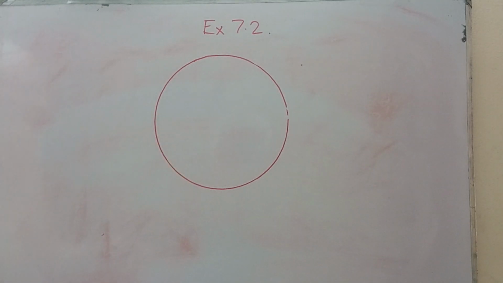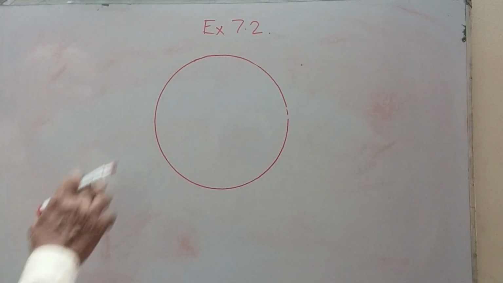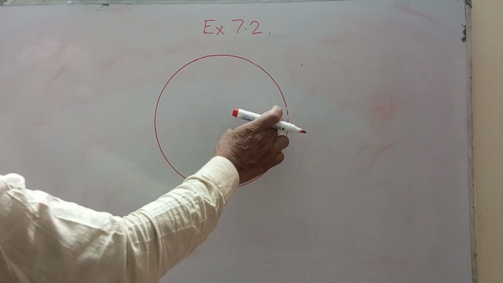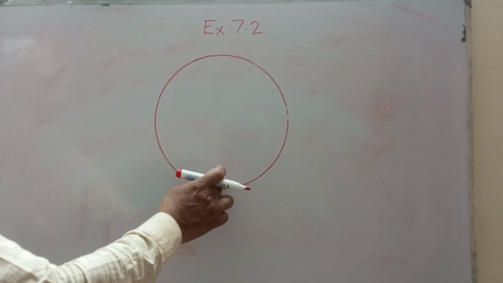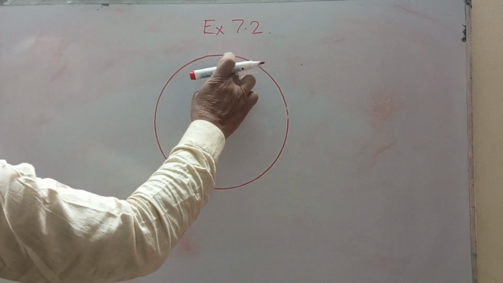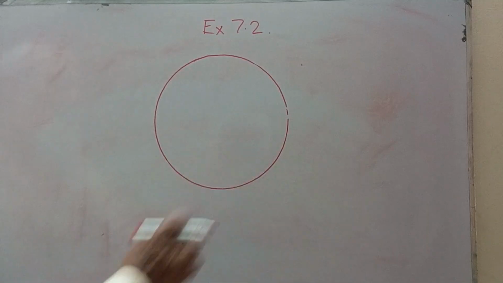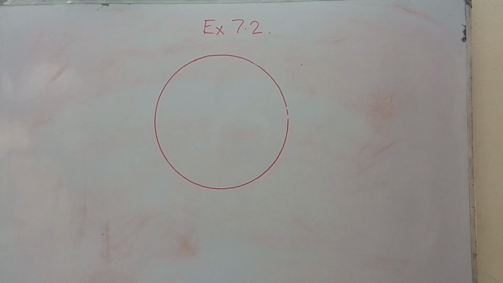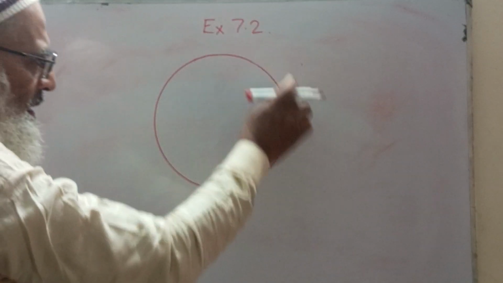Circumference is the perimeter of the circle, and as you know, I have told you about the perimeter. You start from one point, follow the path, keep on traveling, and come back to the starting point. The distance you have traveled is called its perimeter. But since it is a circular path,